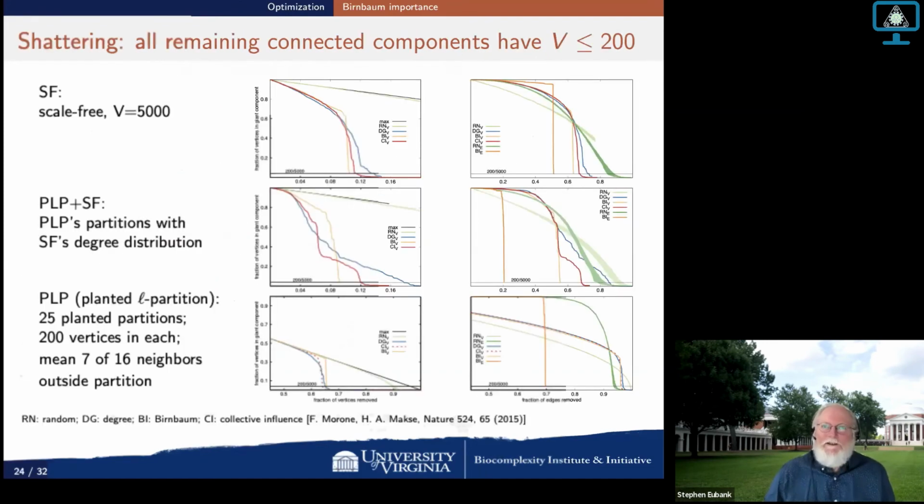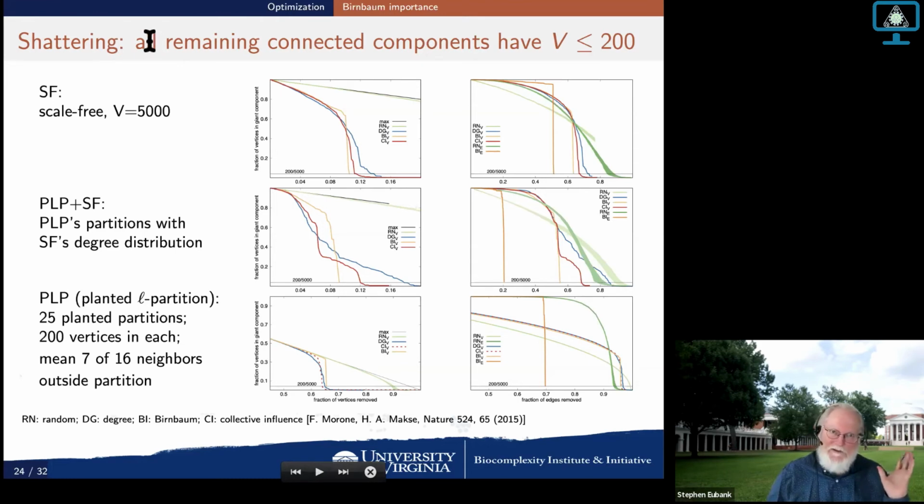Okay, here's a much harder problem. I'm going to take some graphs with tens of thousands of edges in them, and I want to shatter them so that I remove a bunch of edges or vertices, and I want to see if the remaining connected components all have less than 200 vertices in them. And I'm looking at 3 different networks. One's a scale-free network, one is a block stochastic or a planted partition network. And in this one, I've arranged it so that it's very hard to tell where the partitions actually are in